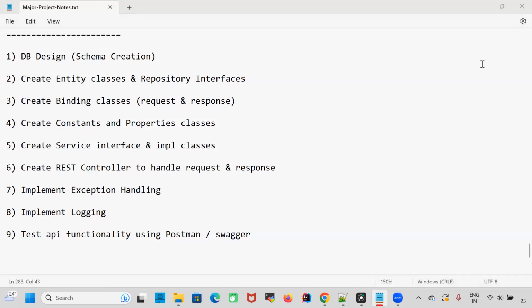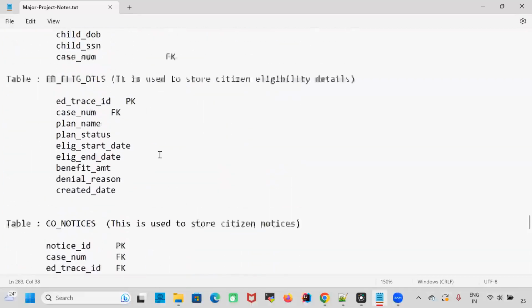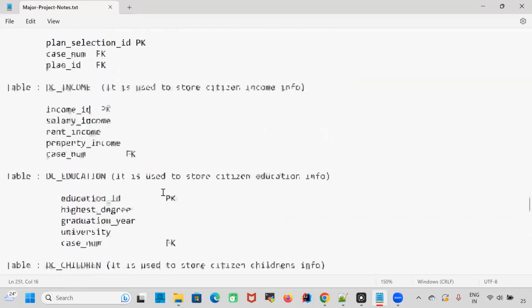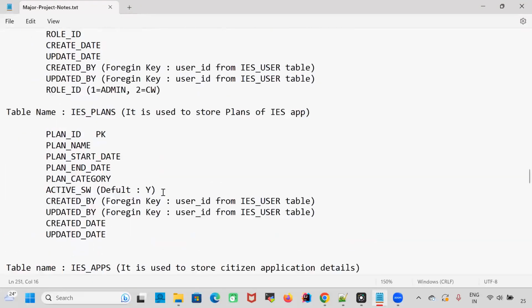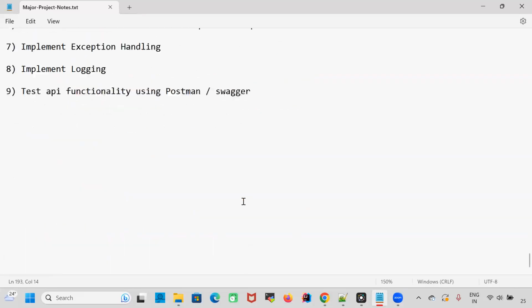Clear, guys? Good. So please start creating entity classes and repository interfaces for all the tables, not only for admin module tables. I want you to do it for all the tables. At a time, we'll complete entities for all the tables and keep them ready. So when we are developing the microservice, whichever table is required, that entity we are going to use. So today's task for you people,